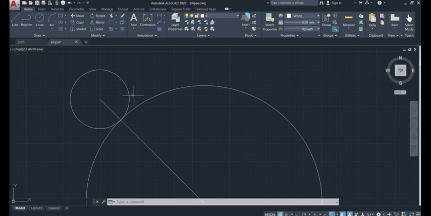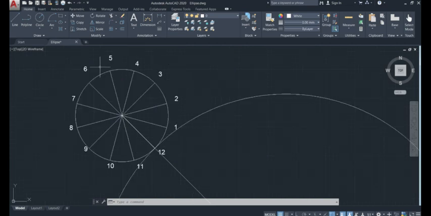Now next step is to divide this generating circle into 12 equal parts. We already have seen this step in cycloid. One circle is 360 degree, so dividing into 12 parts gives 30 degree of angle. So with that angle we can divide the circle. This small circle, which is the generating circle, is now divided into 12 equal parts, and I have marked the points on the circumference of the circle as 1, 2, 3 up to 12 in anti-clockwise direction.